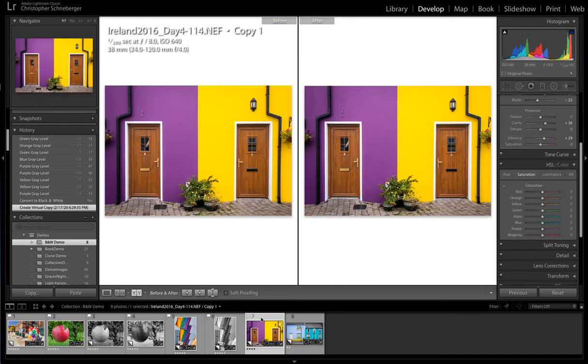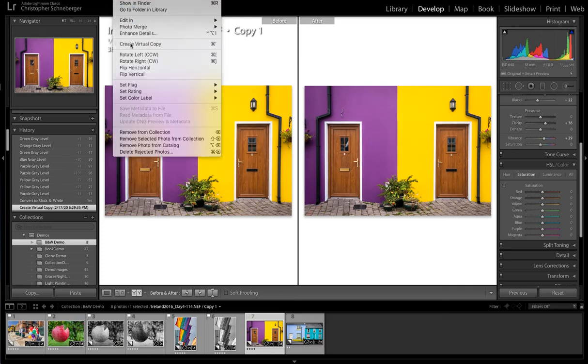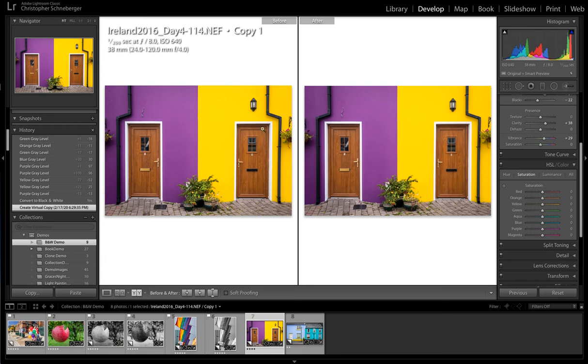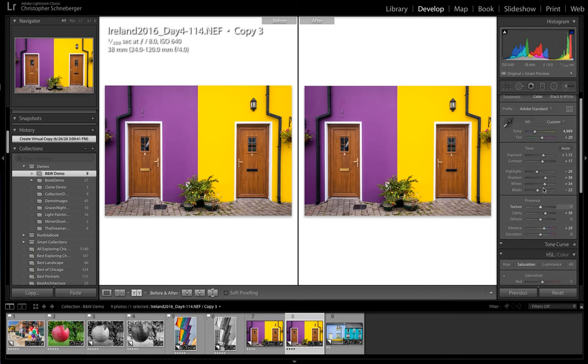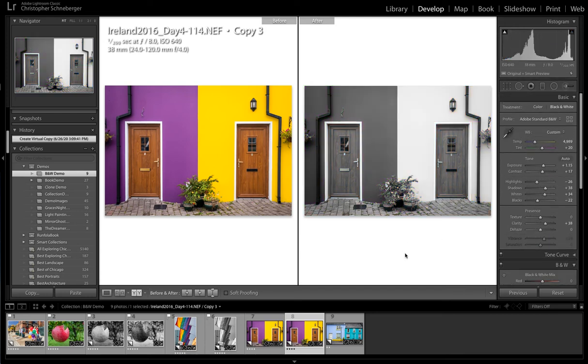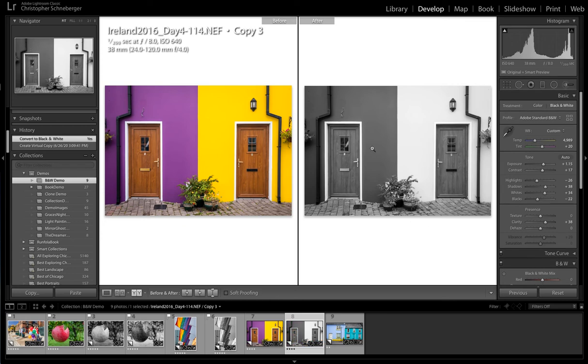I'm going to go to a different image here, and in this case, let's first make it a virtual copy. Photo menu, virtual copy. Now here, there's a big difference in these images in terms of their color and value. I think there's no doubt the purple color is the darker value. And when I initially switch this into black and white, I think I've got a pretty good separation between these two,